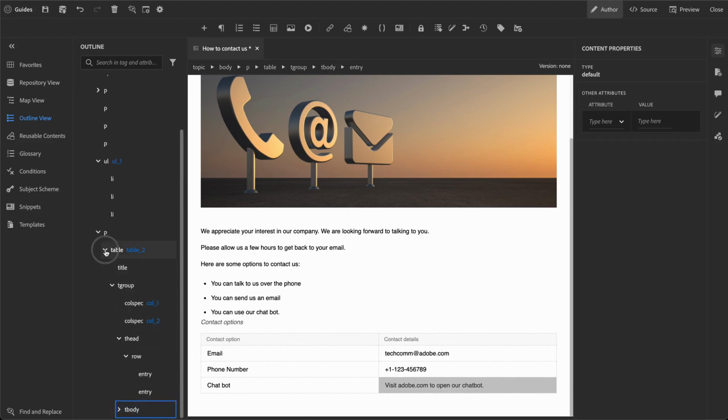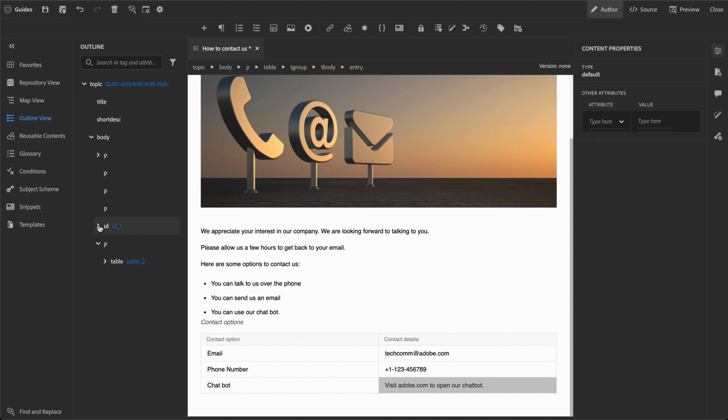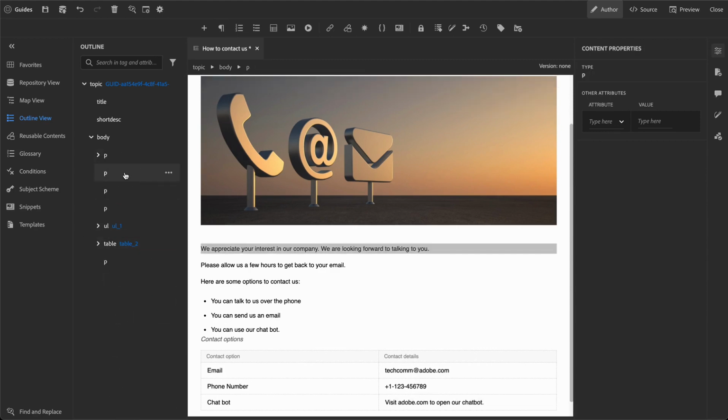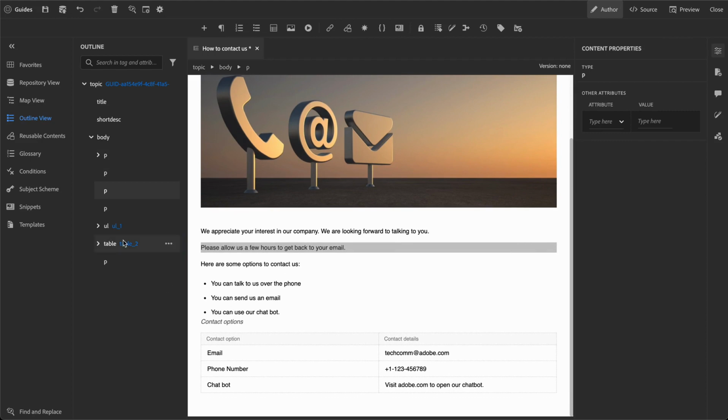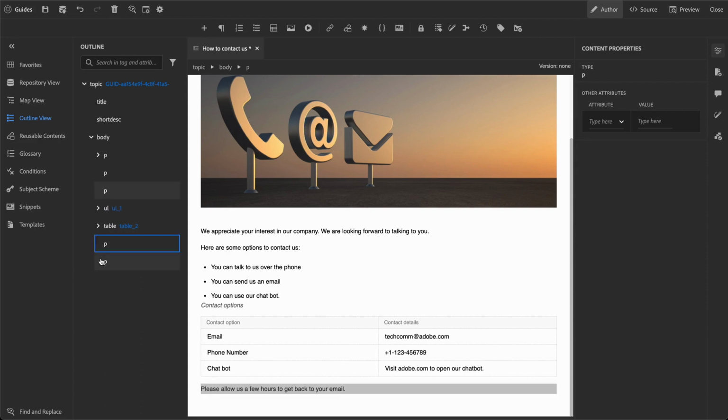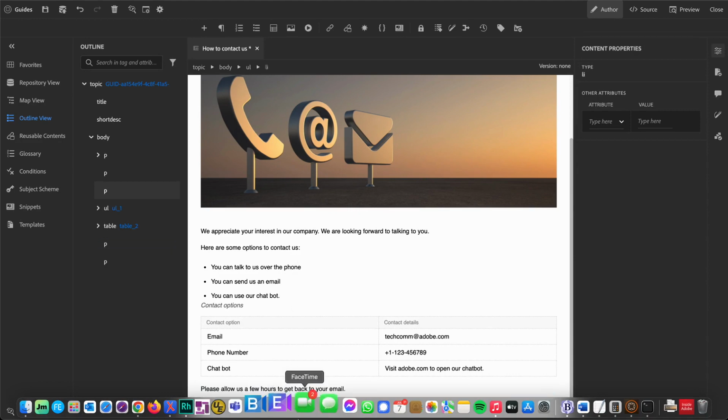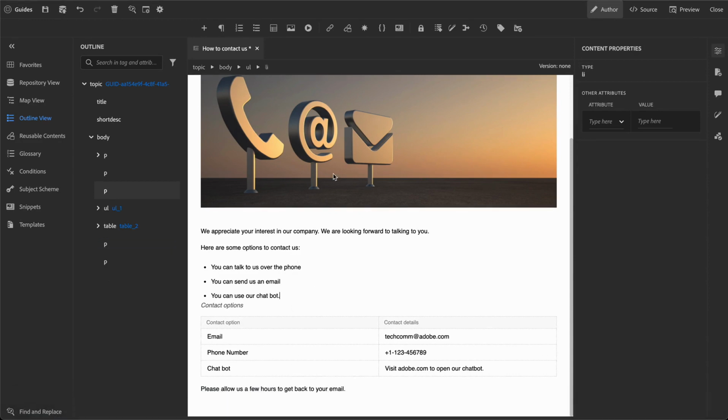So I want to move around a little bit my content here and say this table I want to actually have not inside a paragraph but standalone. And I want to have my third paragraph that I had inserted here. Please allow us a few hours to get back to your email. I want to have that below my table. And that's very easy as well. I can just drag and drop it here below the table and it gets moved around in my topic, in my content here. So this is what is so powerful because I have really a visual representation of the structure